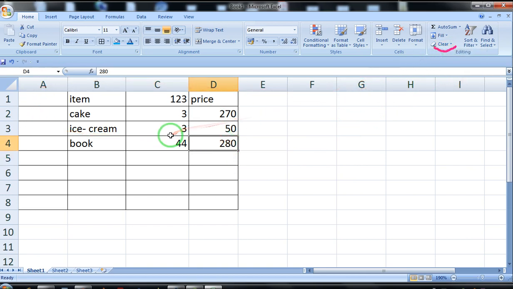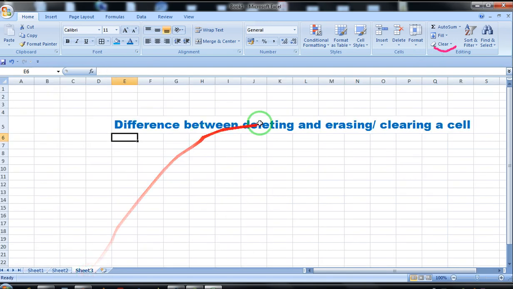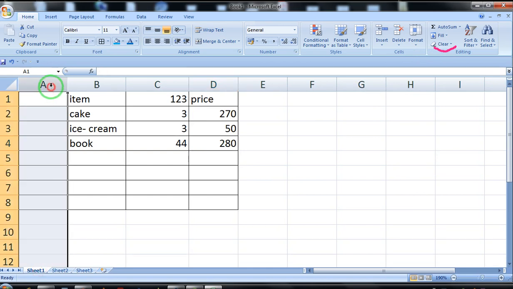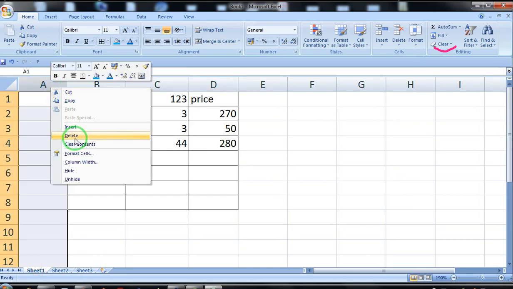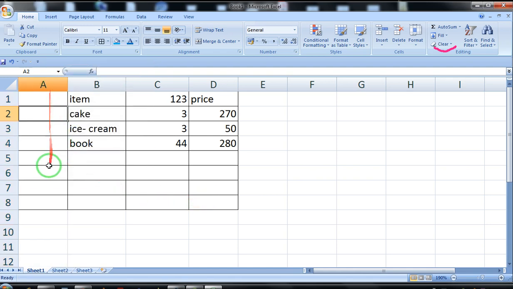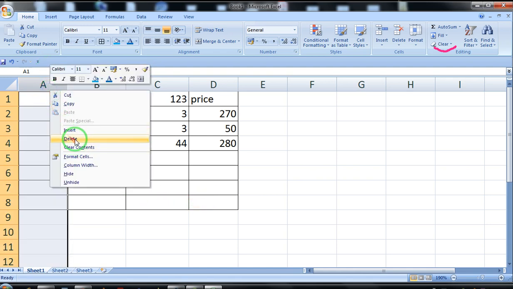So this is the difference between deleting and erasing or clearing a cell. When you are deleting a particular cell or a range of cells, deleting deletes the particular cell or range of cells, and the next column is shifted towards the left hand side. You can see this. There is one column over here. I am deleting it.